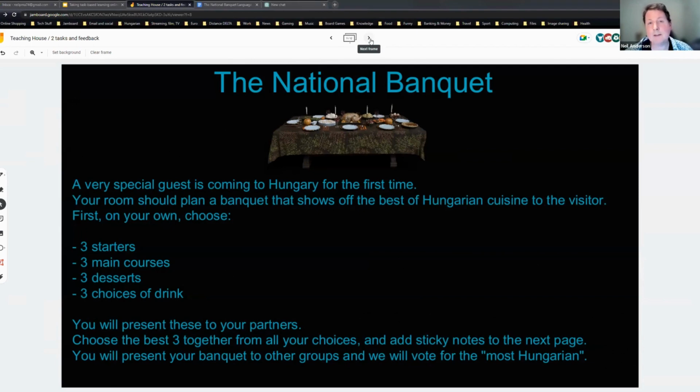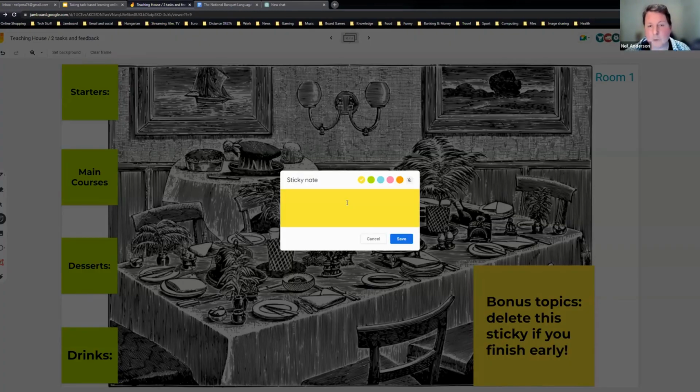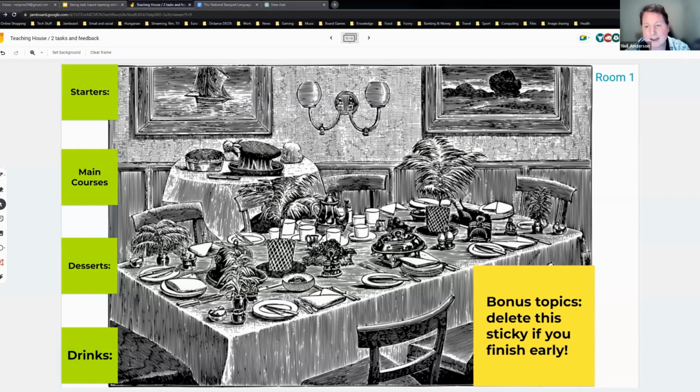And so for the main task itself, as we said, Jamboard mediates or facilitates tasks. So each group has this, as you can see here, it's room 1. Again, I've labeled it room 1. Each group has its template, and we've got the different courses or dishes here, or whatever it is that you want them to do as a task to brainstorm. And they sit, talk, agree together, and they add their sticky notes when they've agreed on a starter, when they've agreed on a main course, and they present or lay it all out.